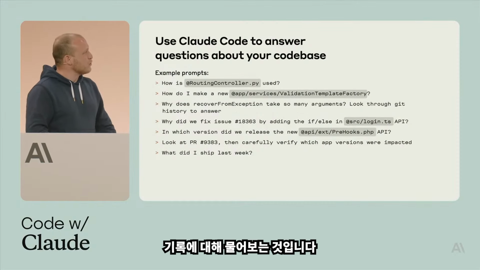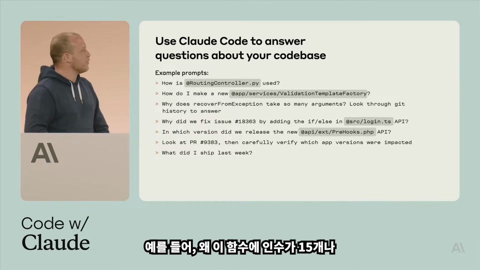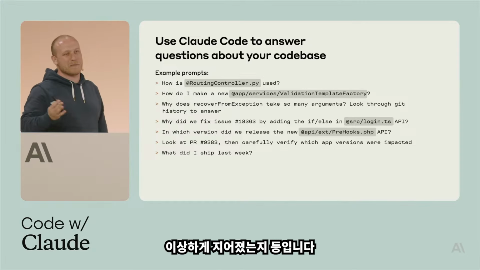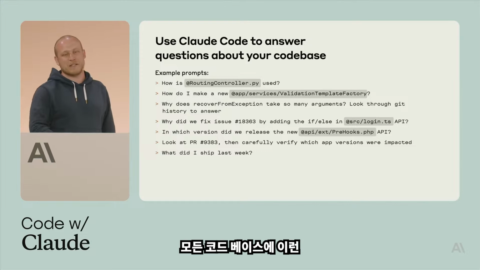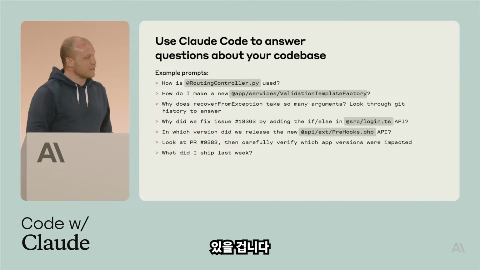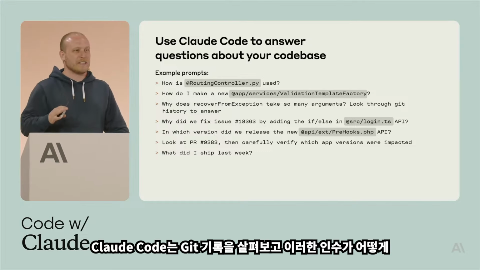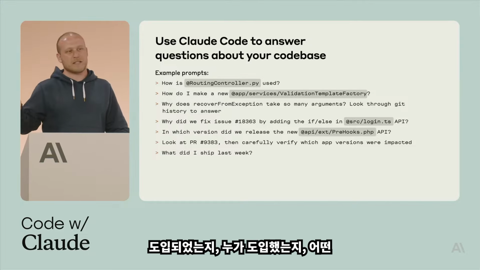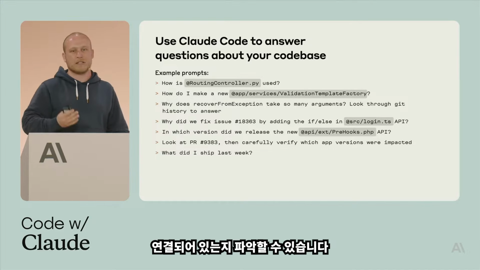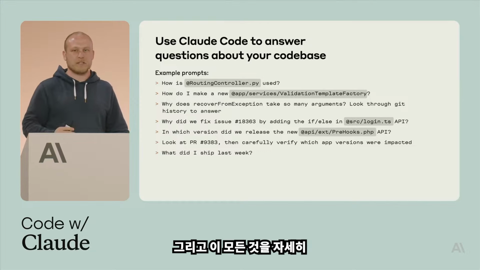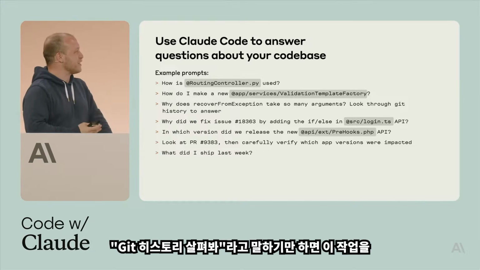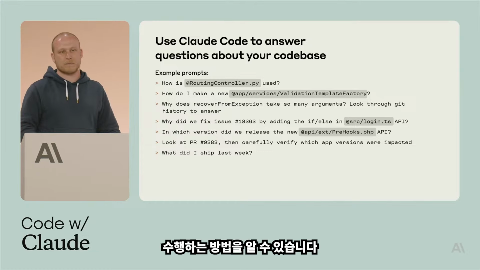Something that I do a lot also is ask it about Git history. So for example, why does this function have 15 arguments? And why are the arguments named this weird way? This is something I bet in all of our codebases, you have some function like this or some class like this. And Claude Code can look through Git history. And it'll figure out how these arguments got introduced, and who introduced them, and what was the situation, what are the issues that those commits link to. And it'll look through all this and summarize it. And you don't have to tell it that in all this detail. You just ask it. So just say, look through Git history, and it'll know to do this.